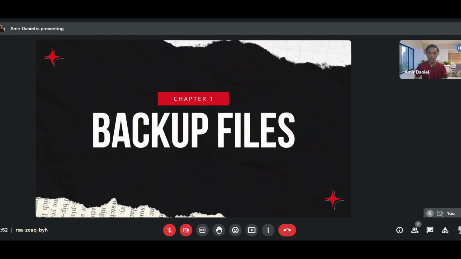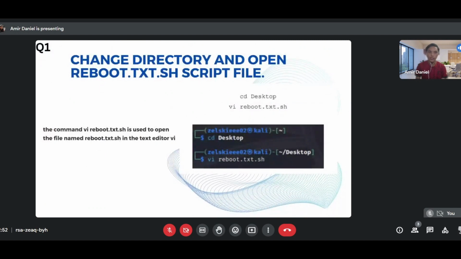For our operating system project, we have 2 chapters altogether. The first one is backup files, and the second one is simple messaging between server. Right now, I will be presenting chapter 1, backup files. This chapter contains 3 types of questions. Now I will be presenting the first question, which is to change the directory and open